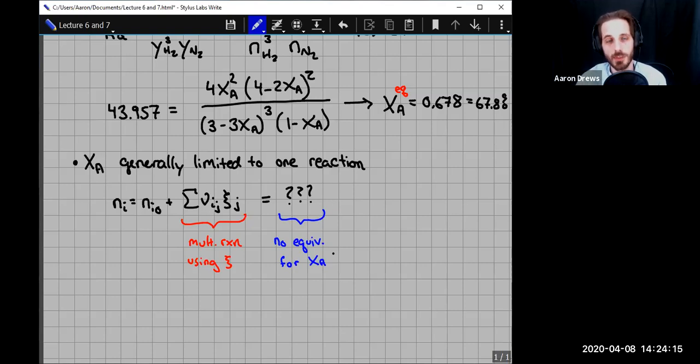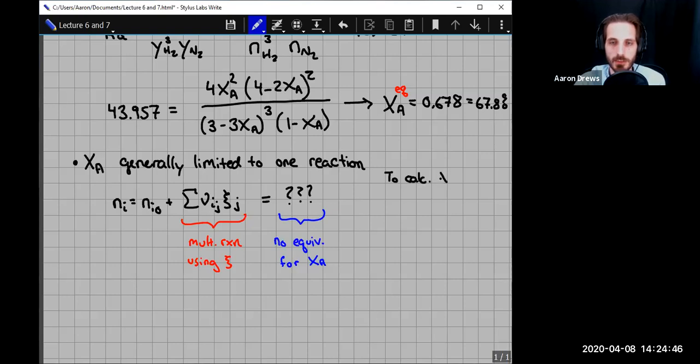For example, you can think of at least one particular problem, which is what if some of the reactions don't involve A? It may be possible to link them backwards to the A, but it's going to be really nasty to do it. And so when you ask the question, why would I do x sub A? Well, one place where you would not use x sub A as your solution technique would be for a system with more than one reaction. If you have more than one reaction and you need to calculate x sub A,